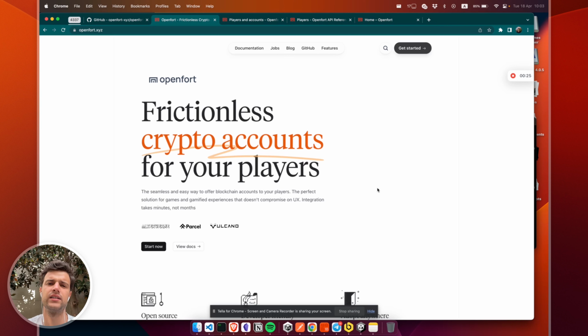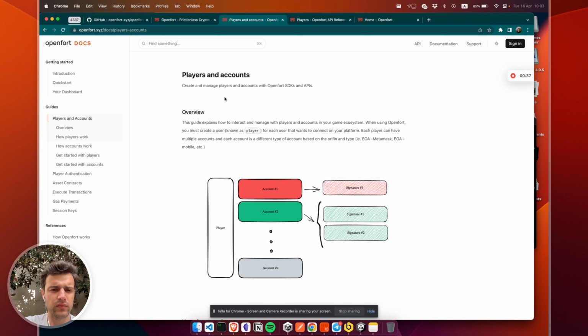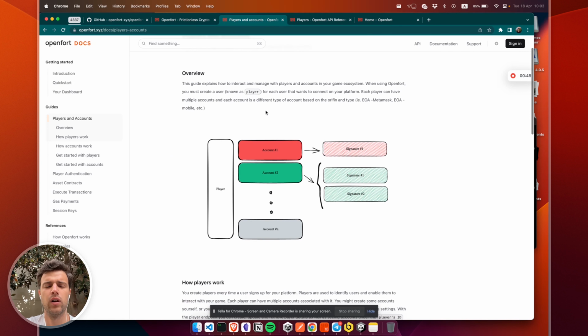So I'd like to go ahead and demo what your integration workflow would be, or at least to show how it is to interact with the Openfort API. So if you go here into the Openfort documentation, you can see we explain the whole architecture of Openfort, but for this demo, I'd like just to show you how Openfort structured the whole idea around